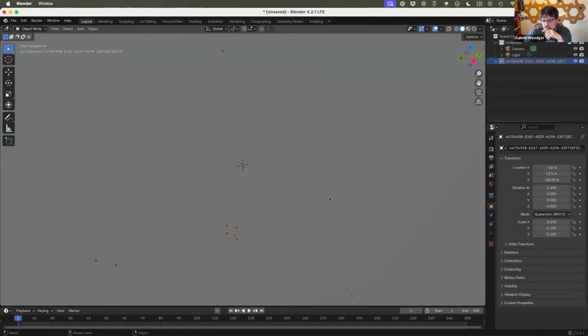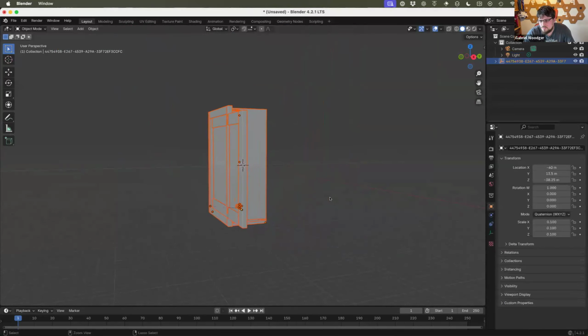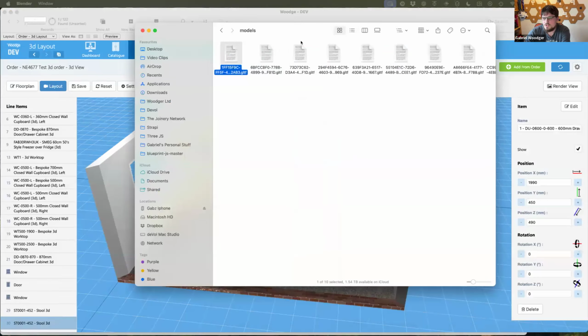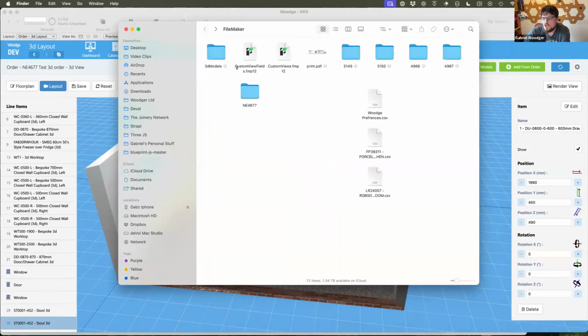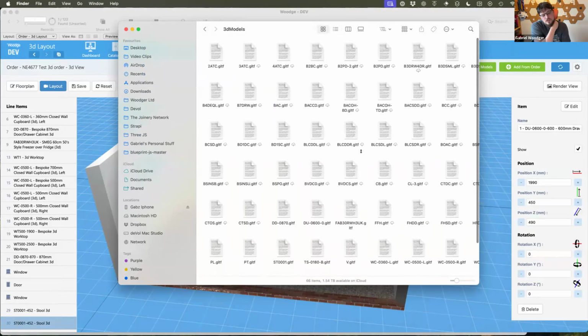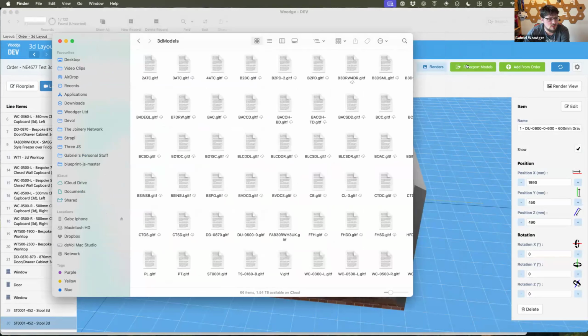So these are a standard 3D model file. Just got a squished door inside of here, but this is basically a text representation of a 3D model. So the reason I do it to the desktop is because I want these 3D models cached. There might be a few hundred megabytes worth of models, which the user will only need to re-export once there's a change to the catalog.